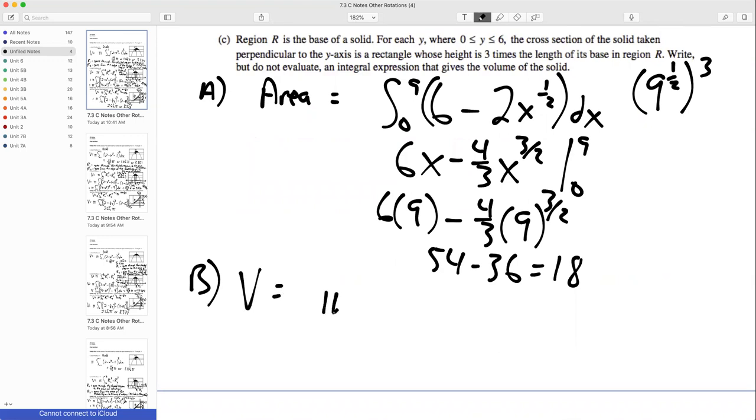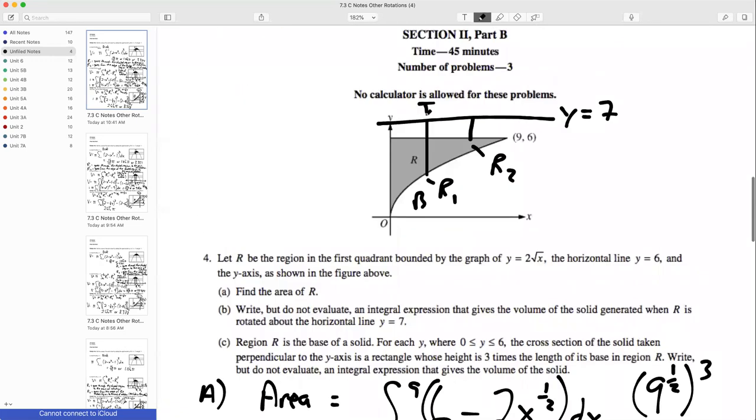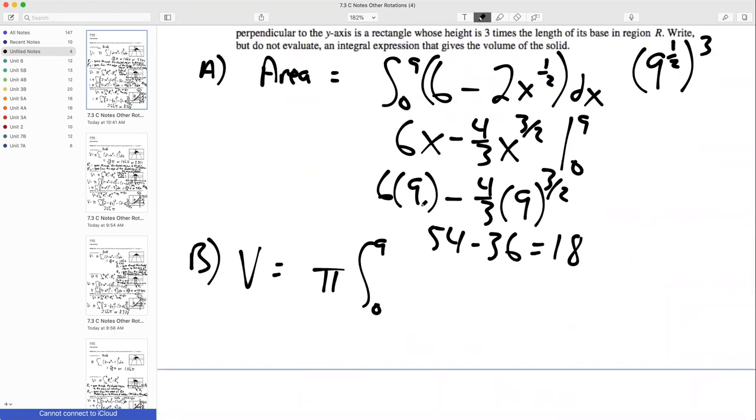Volume is going to be pi, because it forms a washer, times the integral. My bounds, this is with respect to x, so my bounds have not changed. Look up here, R1: top equation is 7, bottom equation is 2 minus the square root of x. So I have 7 minus 2 square root of x, and then I square that, and that gives me R1. Minus